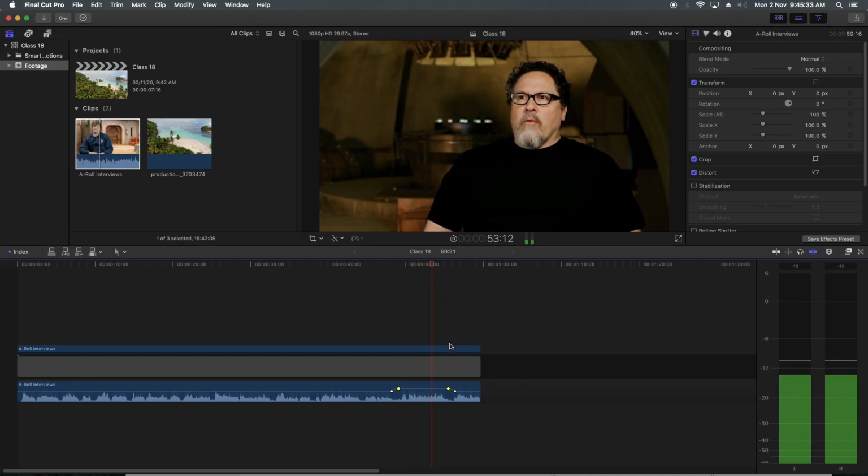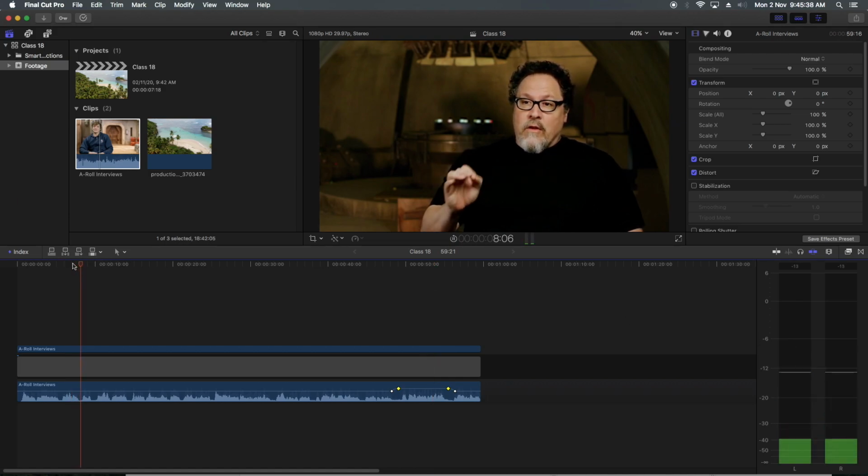Now this part is also -12 to -6, and this part is also -12 to -6, and I have to find each and every part which is going up and down and create these kinds of keyframes and balance the audio. Before Final Cut Pro 10, we were doing this whole process for mixing our projects, but now Final Cut Pro is giving us more filters to do this kind of tedious job in just a few clicks.